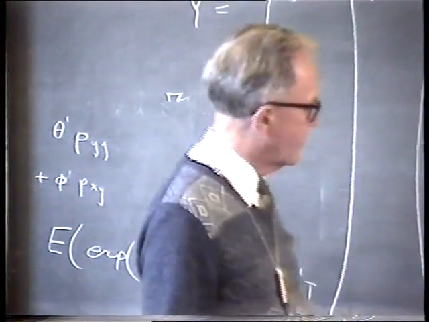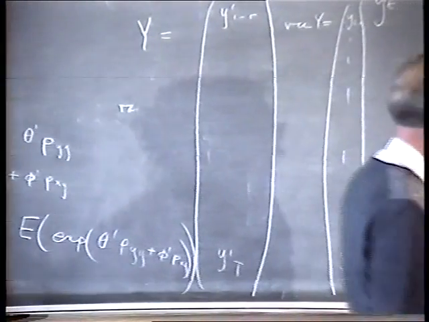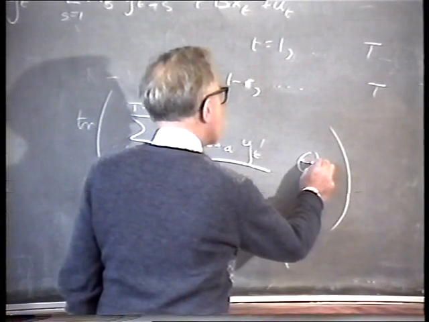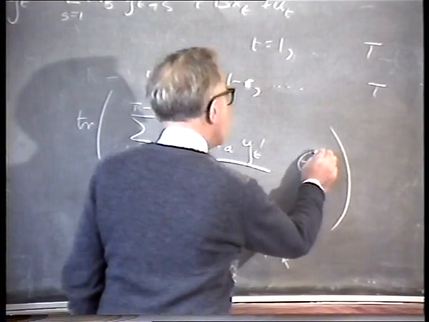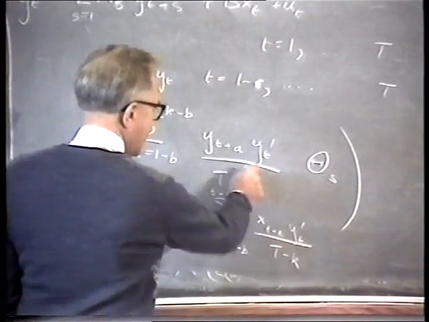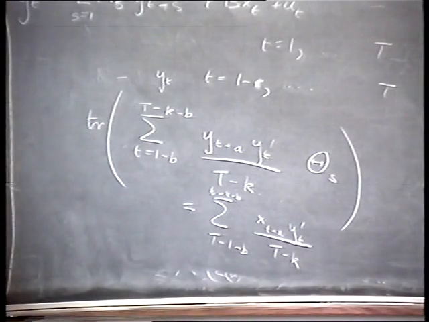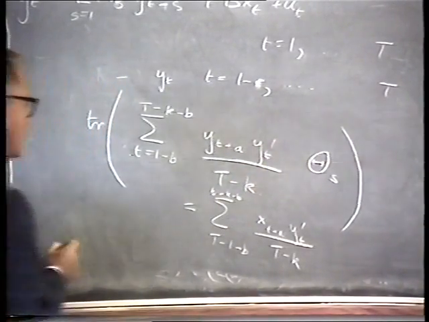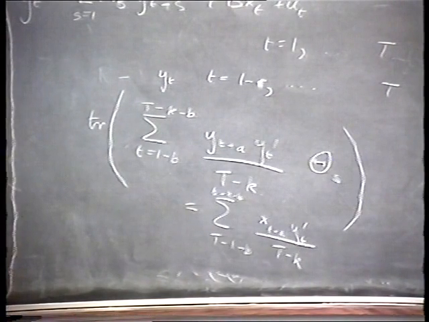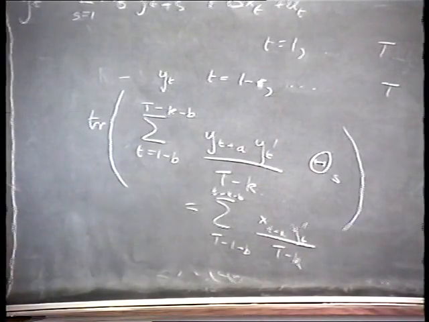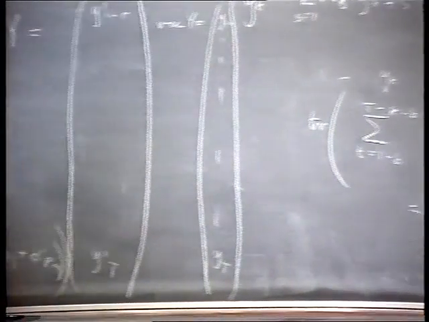Well now, how is this related to my introduction of a trace theta s here? Well, if you think of the effect, let me write this as a capital theta. If you think of the effect of introducing a square n by n matrix theta s, multiplying my y t plus a y t prime t minus k, you'll see that the elements of theta s, if you make theta s a general square matrix,